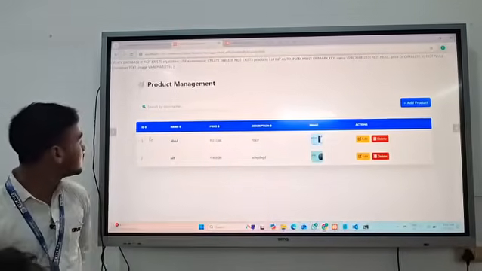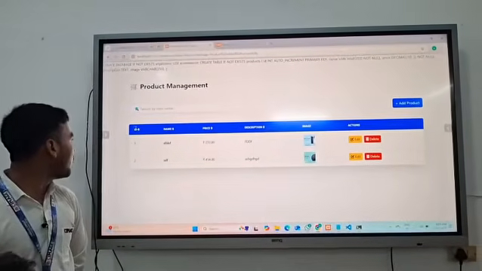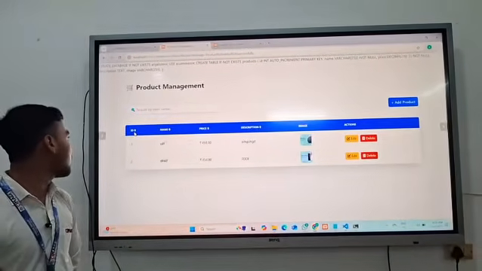So here we can see that if we click on ID, then the list will be sorted.